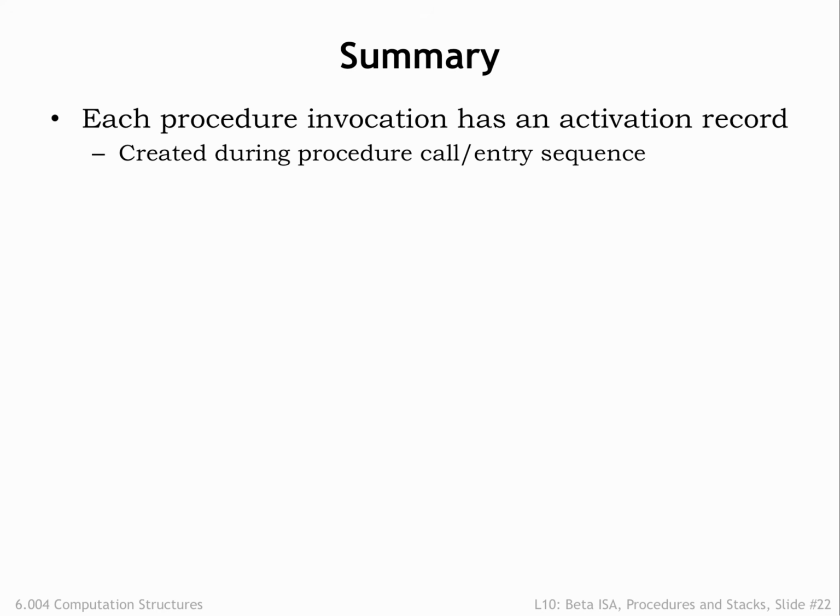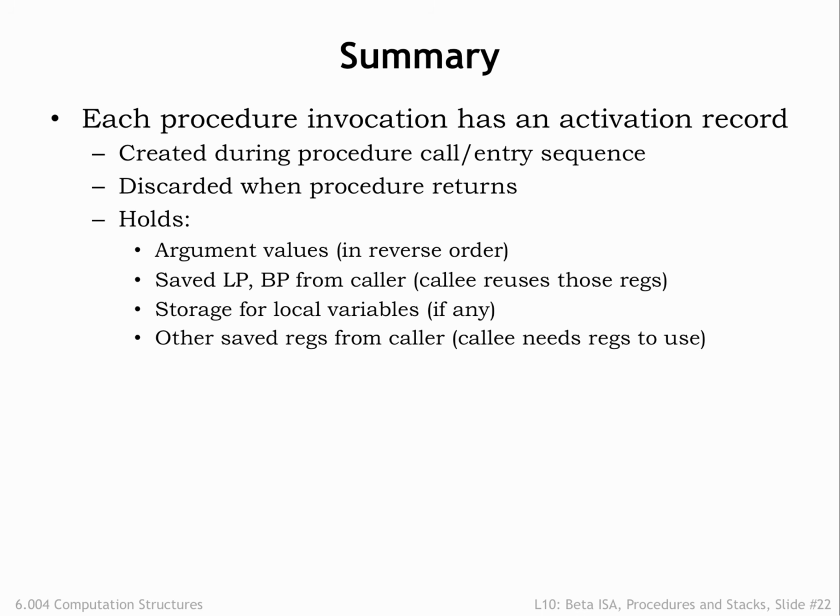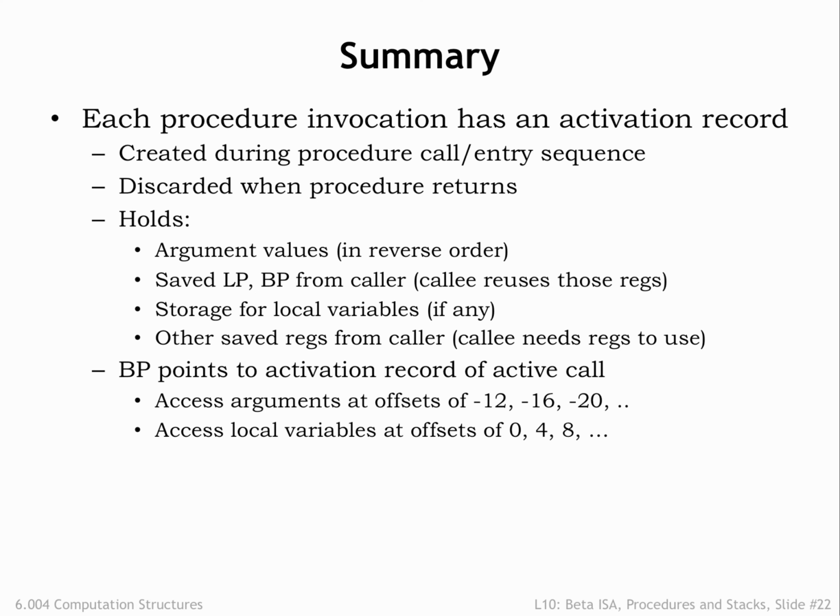An activation record is created by the caller and callee at the start of a procedure call, and the record can be discarded when the procedure is complete. The activation records hold argument values, saved LP and BP values, along with the caller's values in any other of the registers. Storage for the procedure's local variables is also allocated in the activation record. We use BP to point to the current activation record, giving easy access to the values of the arguments and